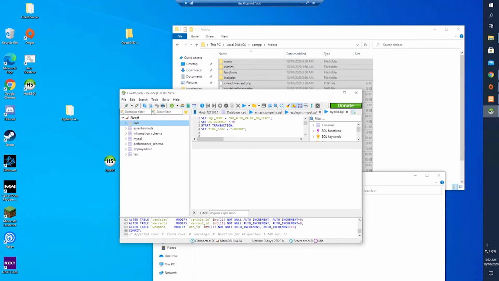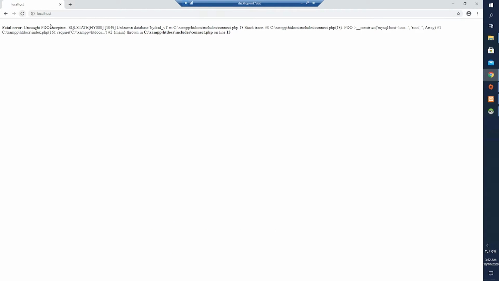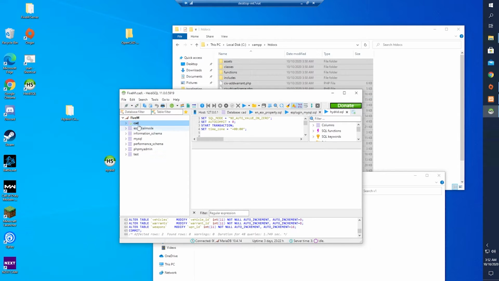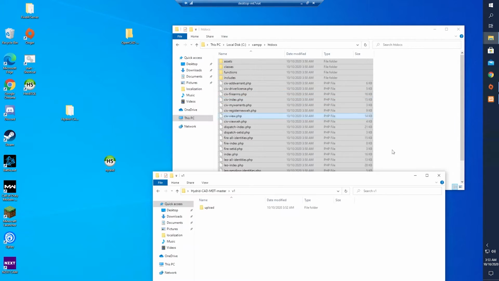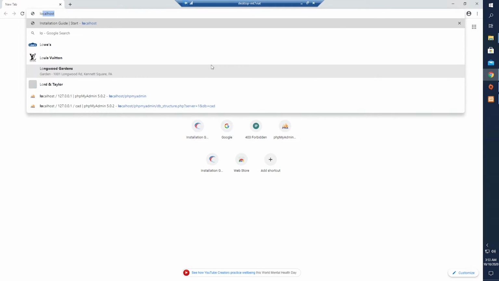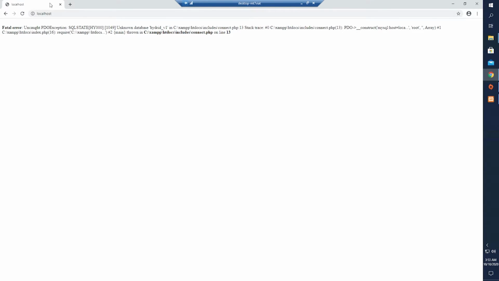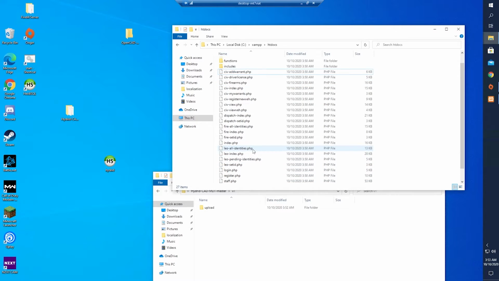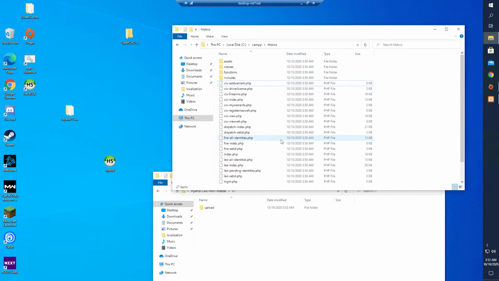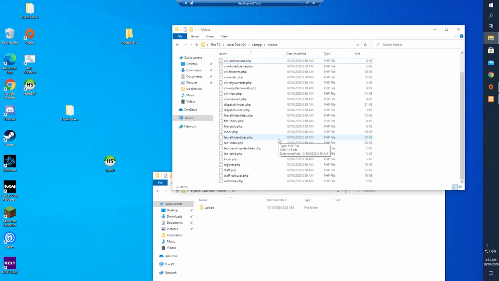Now once we get the database imported, we should be able to refresh. Oh, dope. It's giving me an error. To refresh that, close out of that, and let's reopen Chrome. This literally just worked. Maybe we have to do some fun stuff because I already had the database set up. So, where is